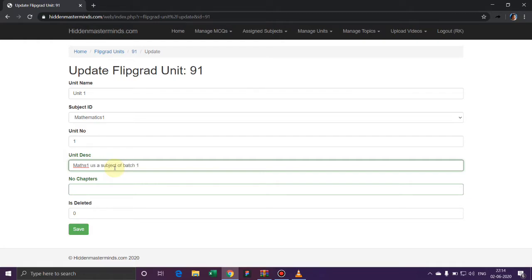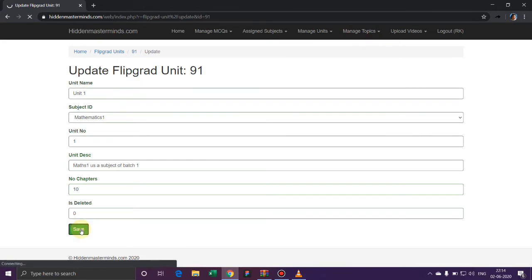This is just a demo description which will be visible to you in the application. Then it is asking me for the number of chapters in that particular unit. For now I'll keep it as 10, so 10 chapters will be available in unit 1 of mathematics 1. You can change it later by updating all the information, and then you are just supposed to click on save.